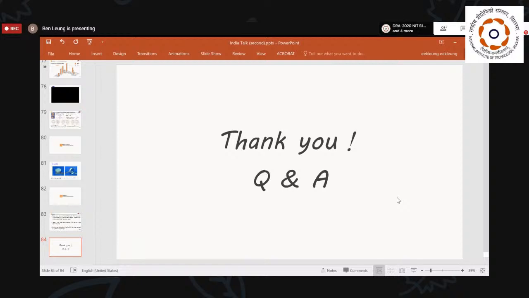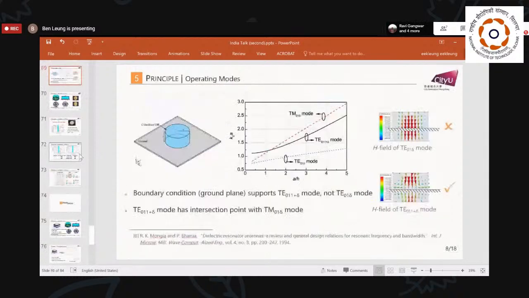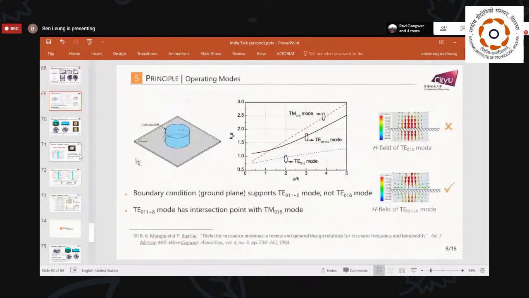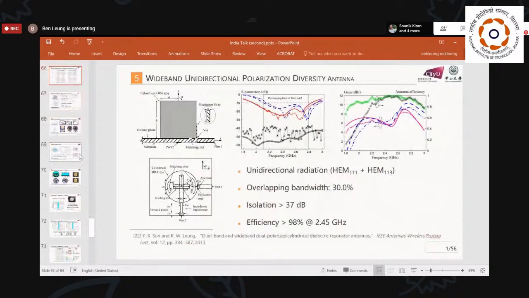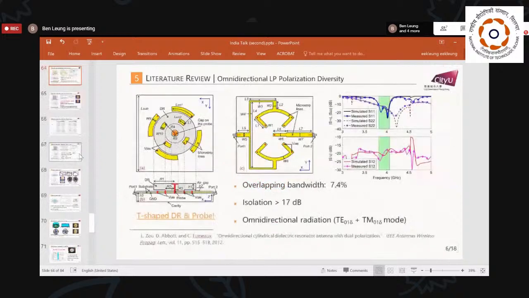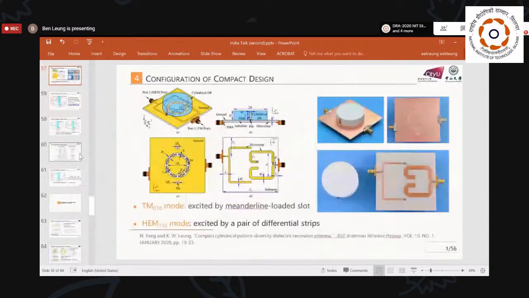Which cylindrical DRA you are referring to? Is it this one? Okay, but please let me know if I move to the right slide. I think this query is not in context of any of your PPT. It is, I think, a journal query from the participant. If a meta surface is stacked between two cylindrical DRAs, then what will be the boundary condition criteria for that?